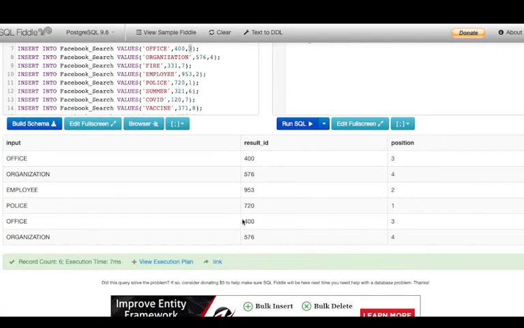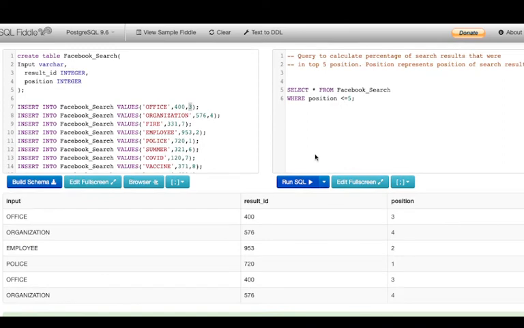So we have got all the queries which were in top 5 positions. This is our table for that. Now here I don't need the input value, so I'll remove that and I'll just want to get result ID and the position, right? I think these two fields are required. So this is my subquery basically that I have found, which is giving me just the top 5 positions, but we need to calculate the percentage of search results that give me top 5 position.